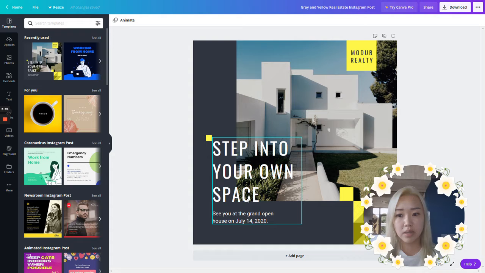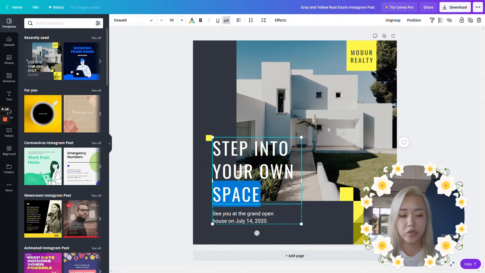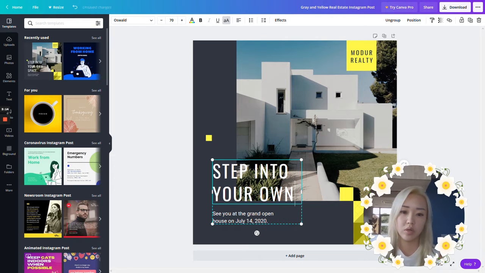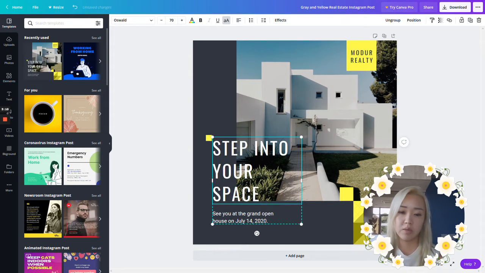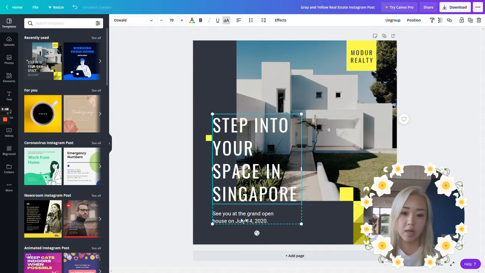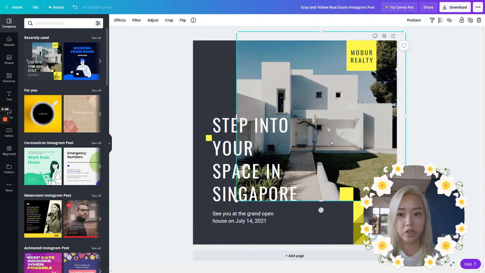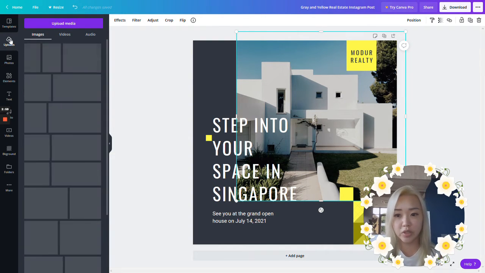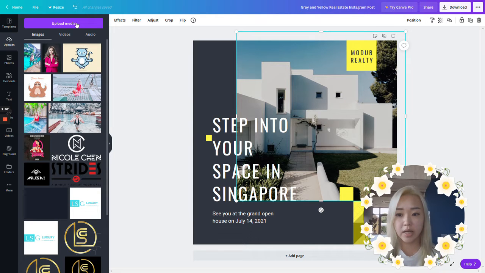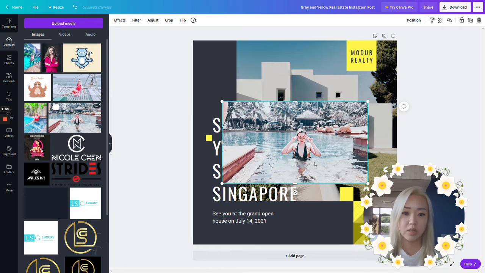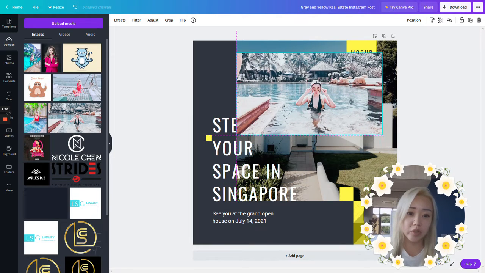let's see, this is something more about real estate. So you just click here and you can just change, step into your space, probably in Singapore, and then you can change the date to 2001, something like that. You can change the pictures, you can upload pictures here, click and upload. Yeah, as you can see, there are my old pictures. So for example, if I want to show,